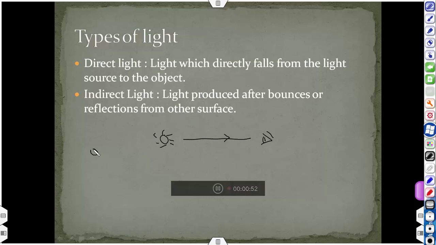For example, this is the light source, and suppose here there's a viewer and there are various objects in between in the scene. So if a light reaches to the observer from various bounces or reflections from other surfaces, then this type of light is called indirect light.